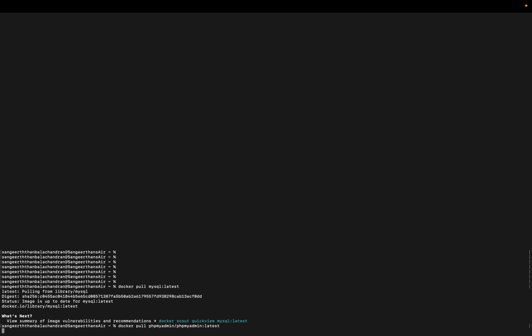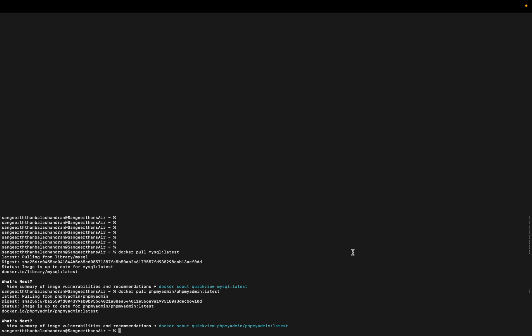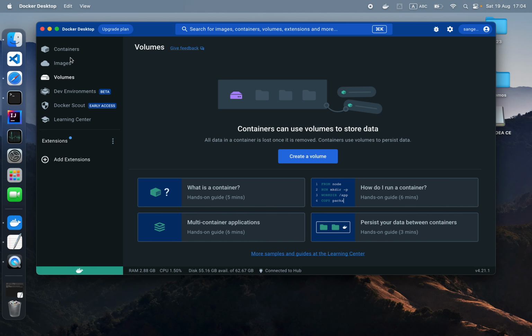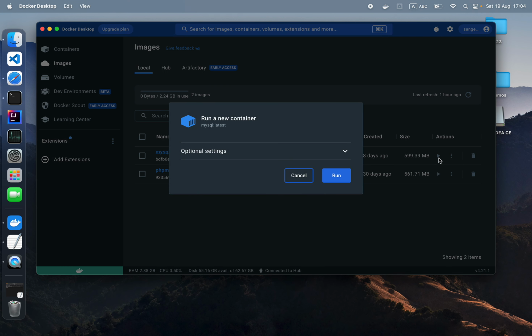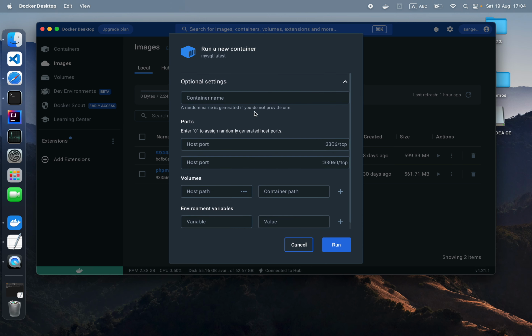Okay, once you have completed pulling the images, you can go to the Docker desktop and go to the images and check whether they are available. So first we have to run the MySQL. For running the MySQL we have to provide a container name. This is basically the running instance name, and for host